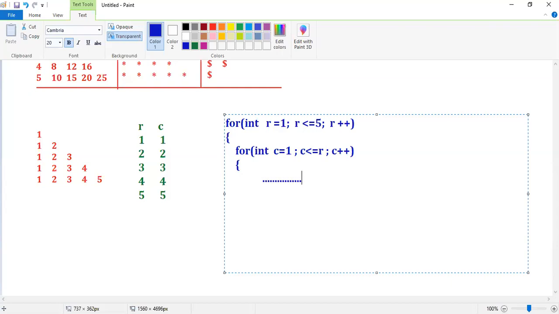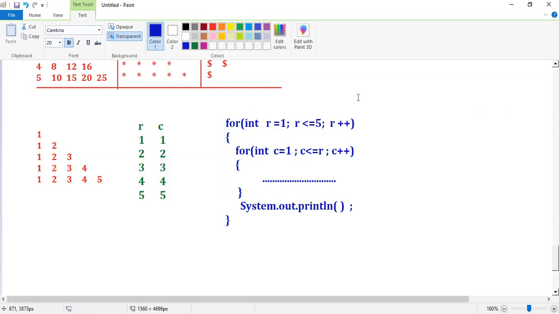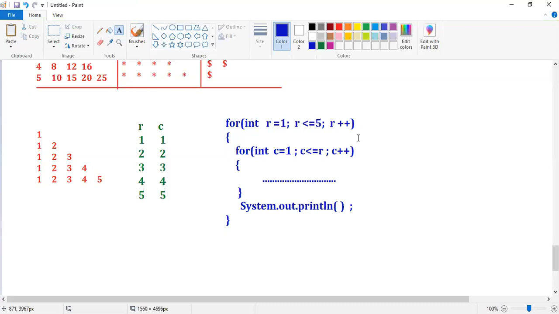Here write our logic, System.out.println. Close the brackets. Check.